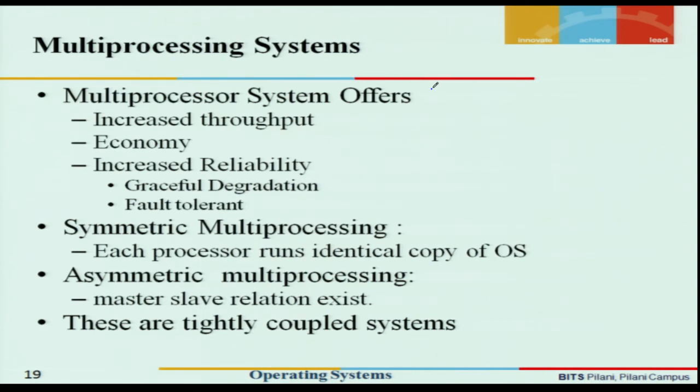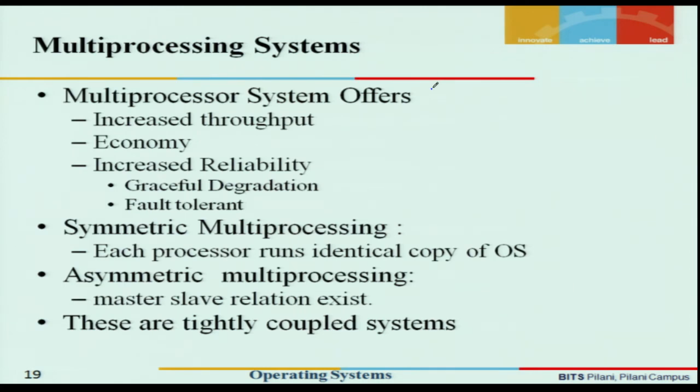Of course, when a failure would occur, there would be a performance degradation. For example, if a machine had two processors, so two processors were executing two jobs at a given point of time. Now when one processor fails, all the jobs are going to be given to only one processor. So now the users would take more time to execute their jobs. This leads to what we call greater availability and fault tolerance.